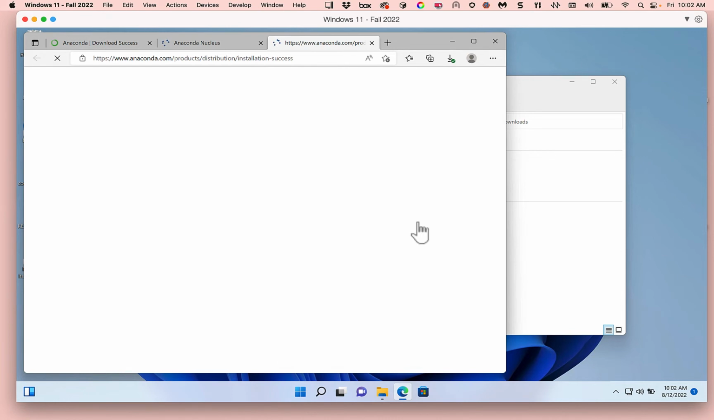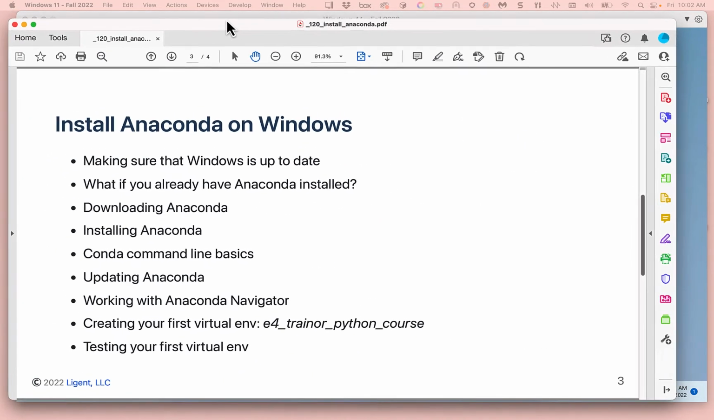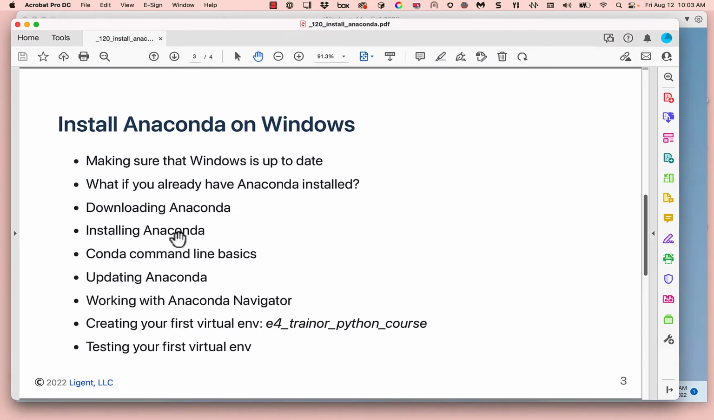And there we go. That's all done. And welcome to Anaconda, all that kind of stuff. Okay, so let me show you where we are in our table of contents. So we've downloaded and installed Anaconda. We're about to learn just a few